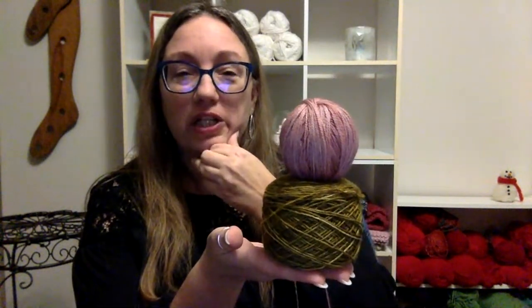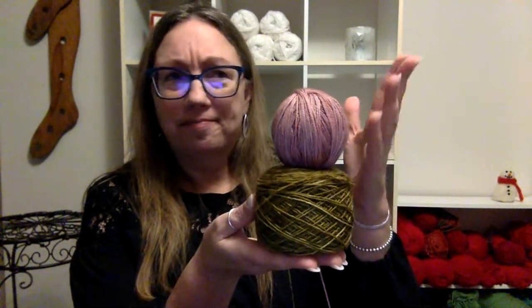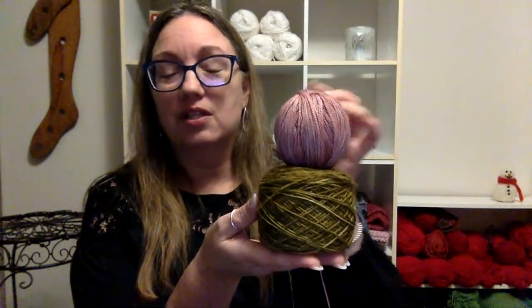I honestly couldn't find my minis. I have a box of minis that I've been collecting over the years, and I thought, okay, I could just randomly pick from those. Couldn't find it. In an effort to tidy, I have moved it somewhere to be found when I do not need it. So, anyways, I got looking at these two balls sitting there and I thought, you know what? They do really look nice together. I have two balls of the shrub and a few balls of this, so I've got lots and lots of yarn. So I thought, okay, I'm just going to do a two color